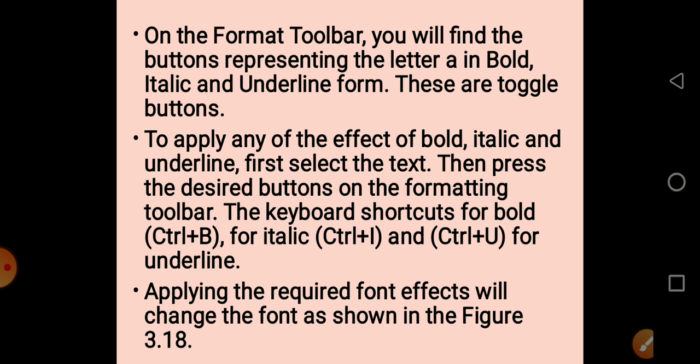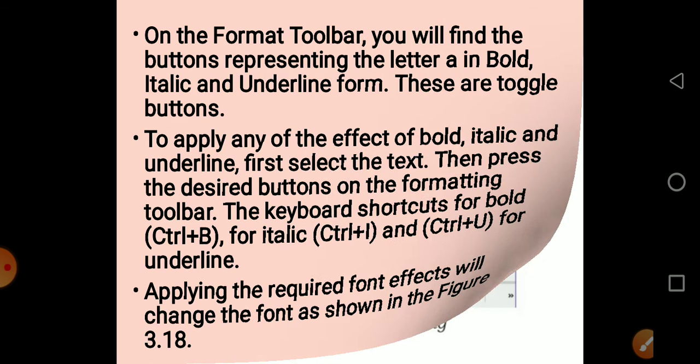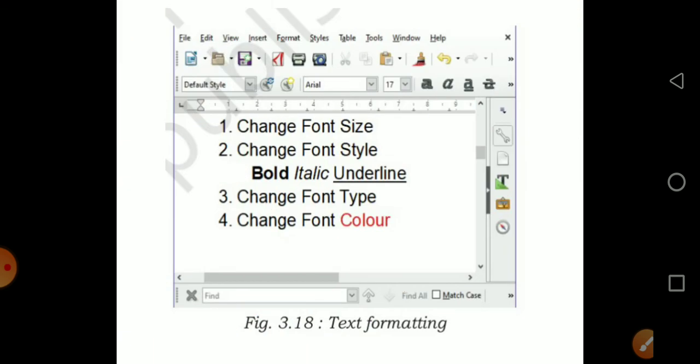Similarly, for italics and underline, you can press Ctrl+I and Ctrl+U respectively, or press the toggle buttons in the formatting toolbar. This is an example given here of bold, italic, underline.